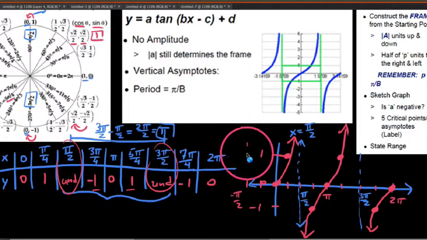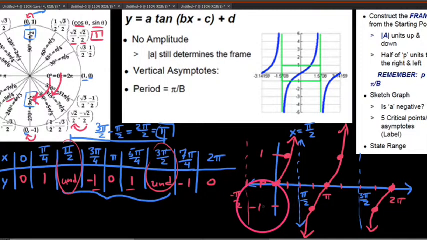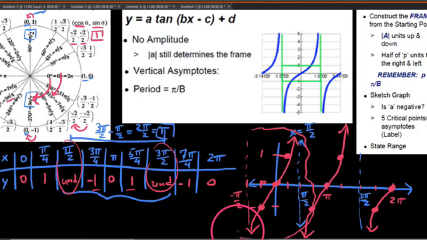And so what we're going to see here is that at negative pi halves, again, if we were to go down negative pi halves here, our tangent value would be undefined. And if we were to go, say, negative pi fourths right here, we would get a y value of negative 1 when we find our tangent value here. We had y over x, our tangent value would be negative 1. So here's this. But basically, we are going to memorize this middle portion of this graph between negative pi halves